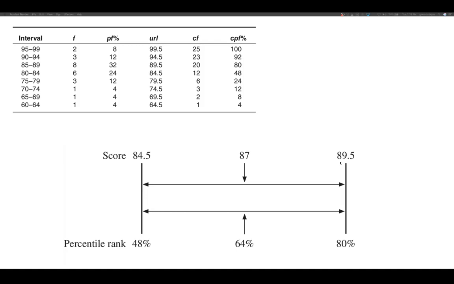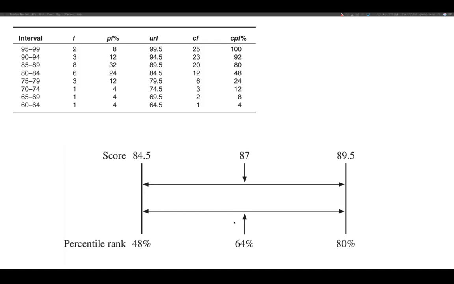And with the upper real limit of 89.5, we have 80%, which is the cumulative percentage frequency entry for the class interval 85 to 89. Now, on the basis of our assumption of linearity, we can say that the midpoint of the interval is 87, and it should correspond to a cumulative percentage midway between 48 and 80, which is about